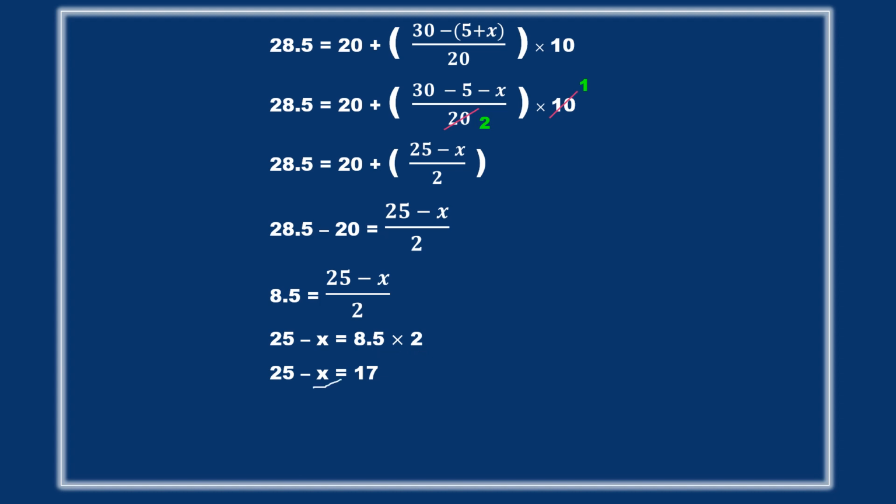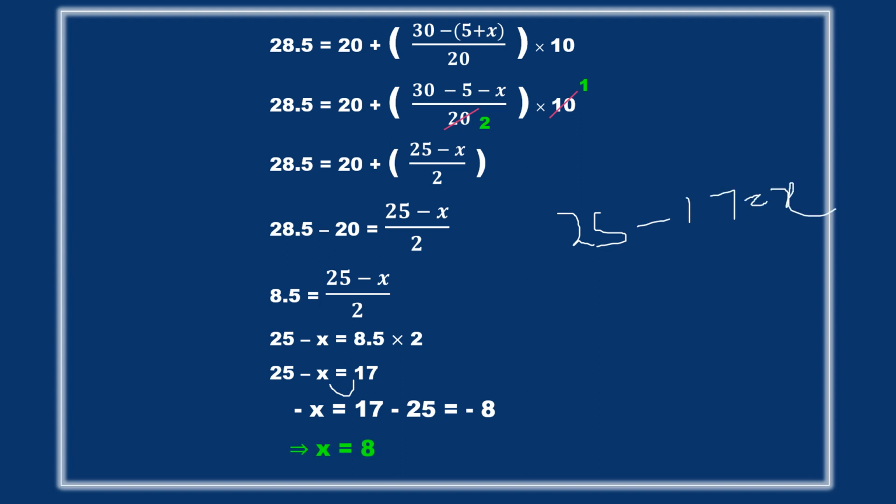Now here we want minus X, so I'll send this minus X there and 17 here. Okay, so 17 changes its symbol. Or else I'll put minus X here and send 25 there. You can do in either ways. See here I can do like this. 25 I'll put here only. I'll send this 17 there, so it becomes minus 17. Minus X, when goes there it becomes plus X. Okay, so even though I'll get the answer as 8, X equals to 8. Even if you do in this way, minus minus cancels and X will be 8. Okay, so you can do in both the ways. So we got X equals to 8.